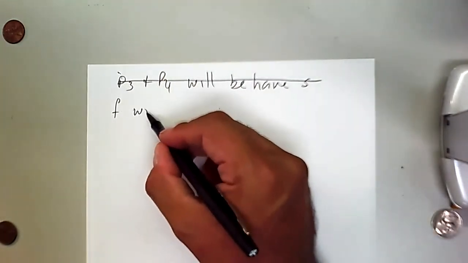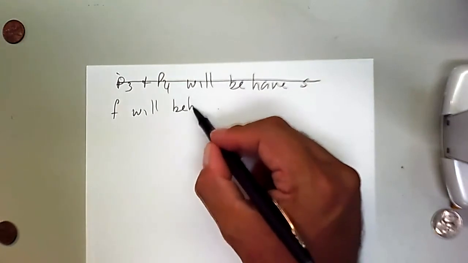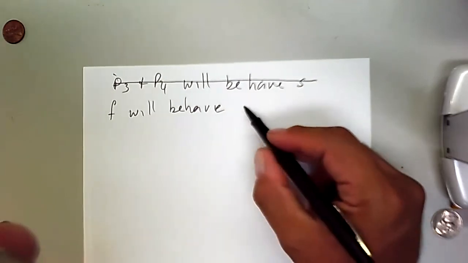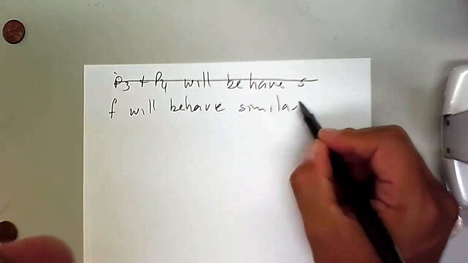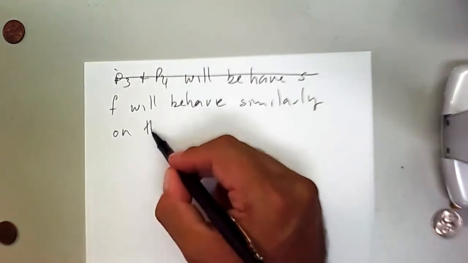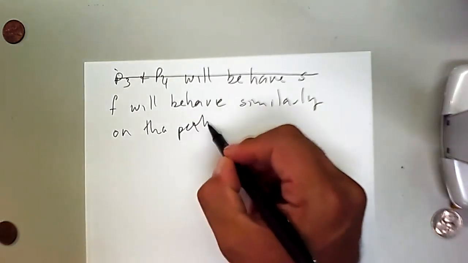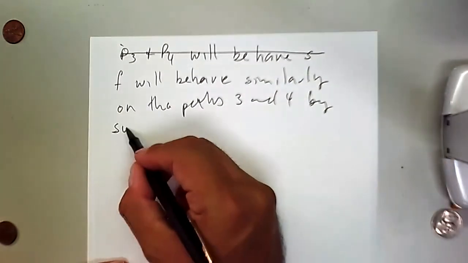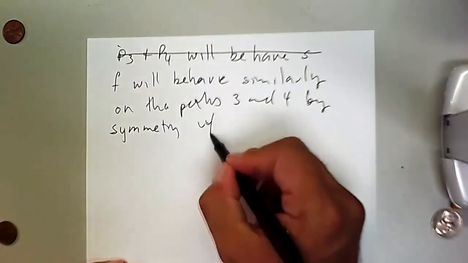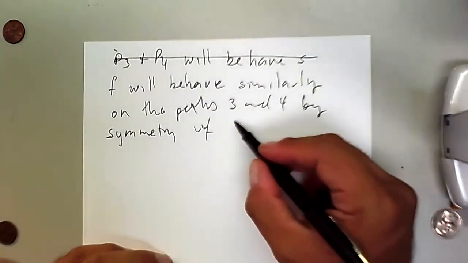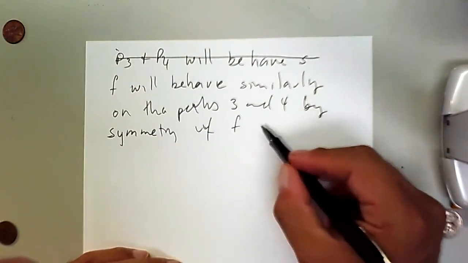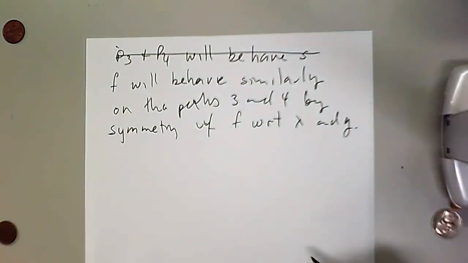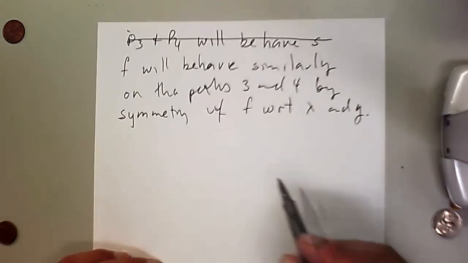F will behave similarly on the paths 3 and 4 by symmetry of f with respect to x and y. Yeah, we're just going to repeat the same thing over again. So the conclusion is,